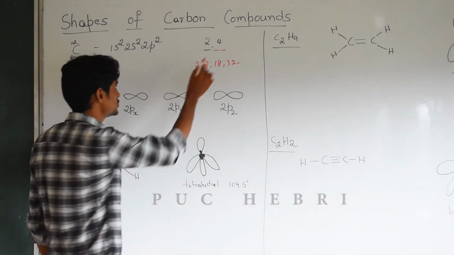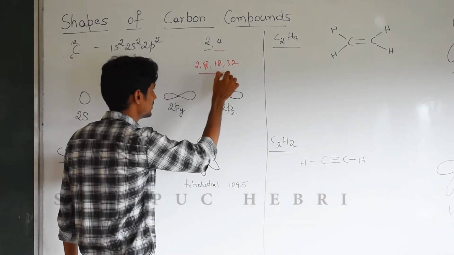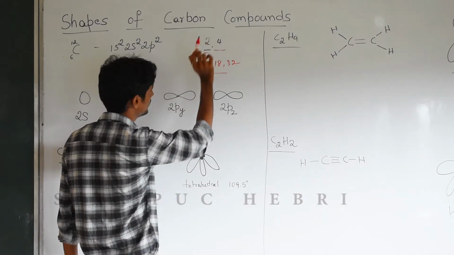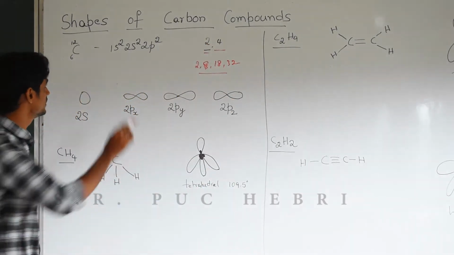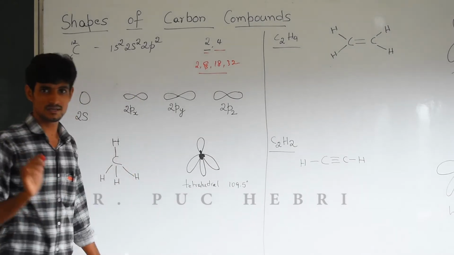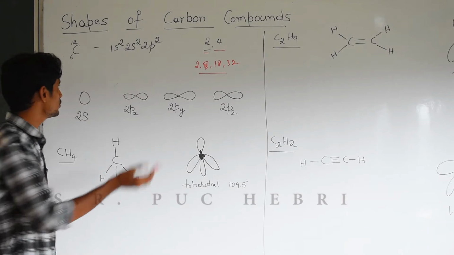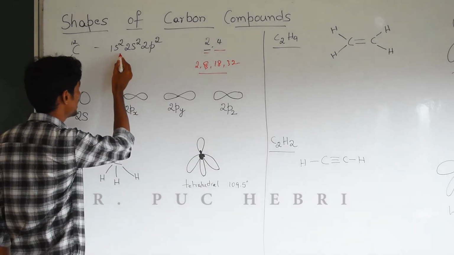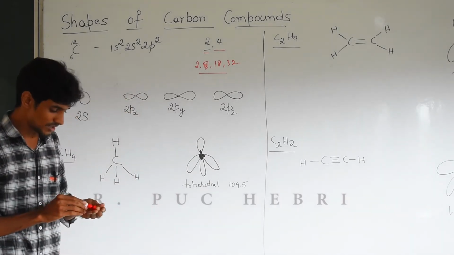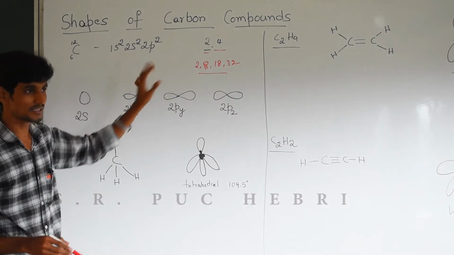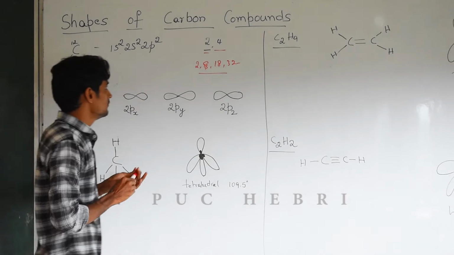According to the earlier method, the electronic configuration of carbon would be 2, 4. But in PUC, in the +1 or +2 level, after this level, you are going to write the electronic configuration like this. So both are correct, no problem, but